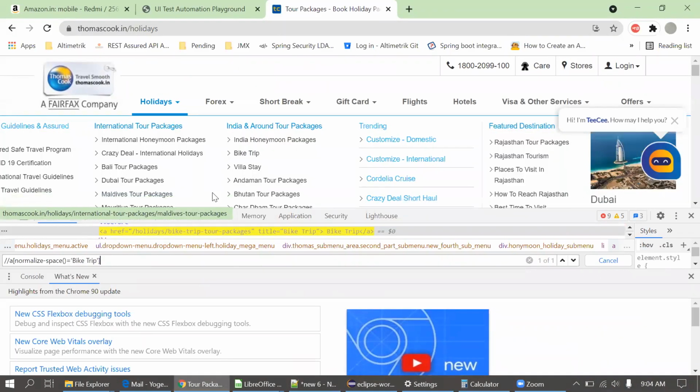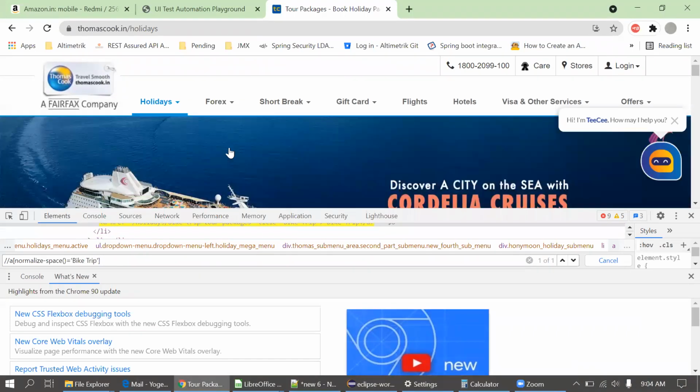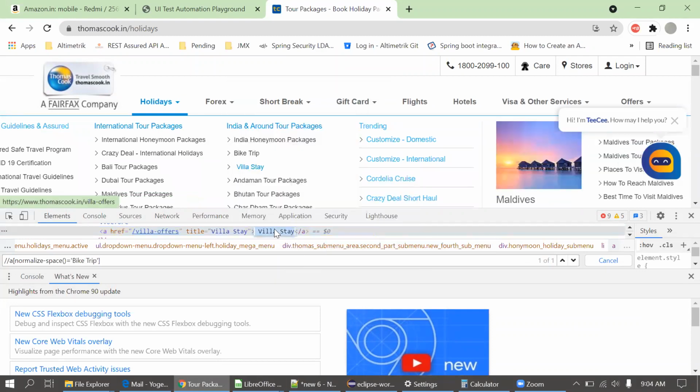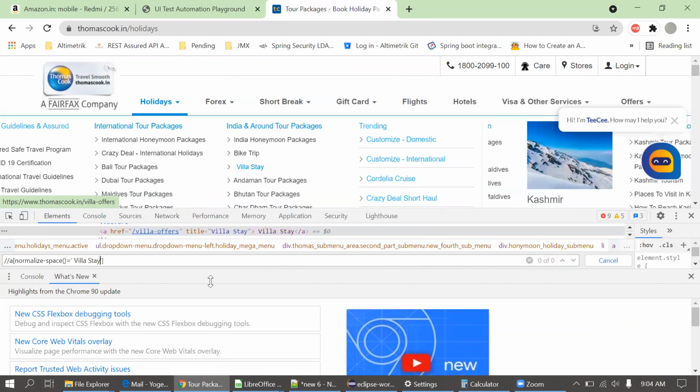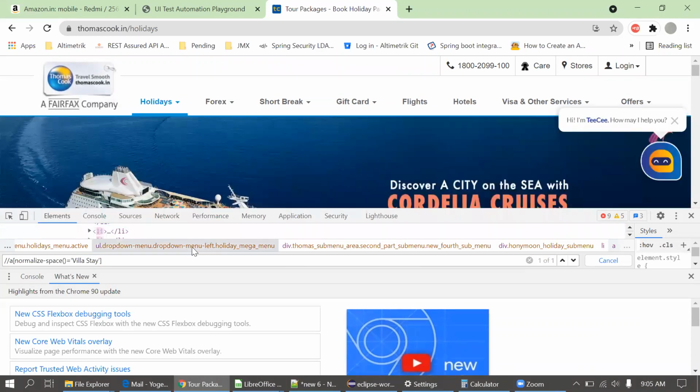So I'll put villa stay now instead of bike trip. Inspect villa stay. Remove the space here. It is pointing to the villa stay.